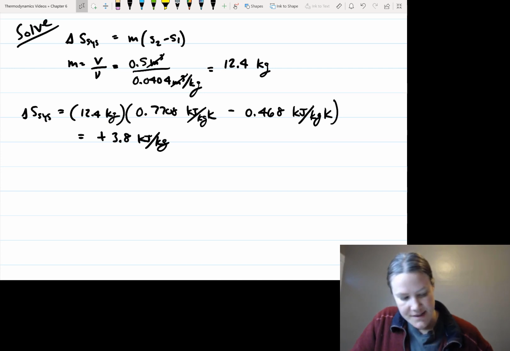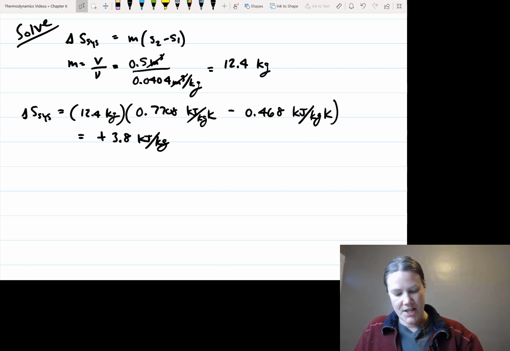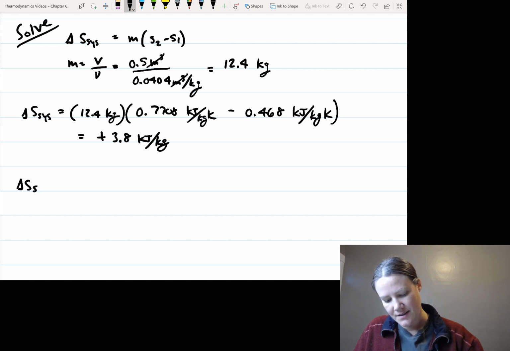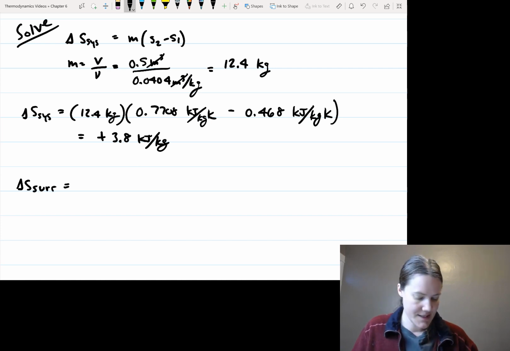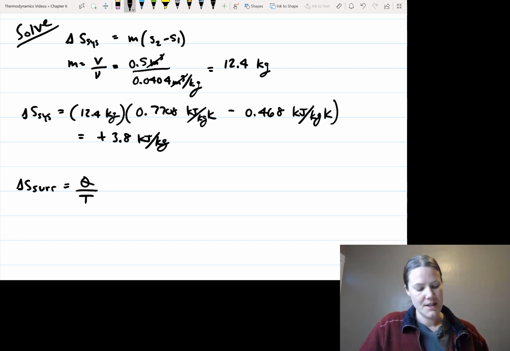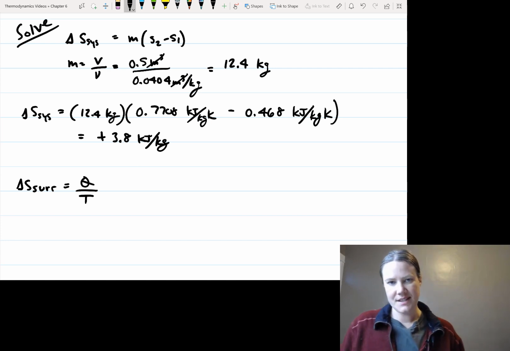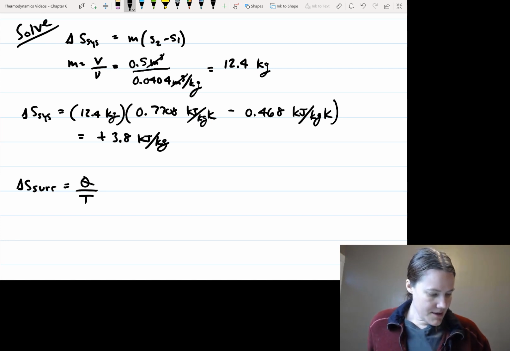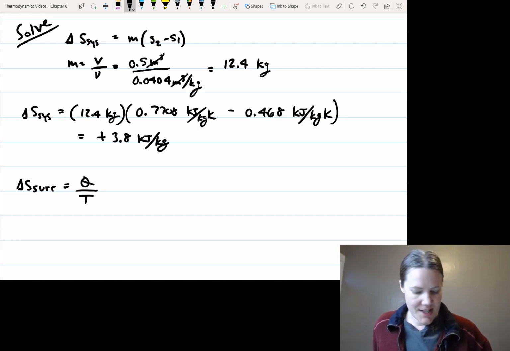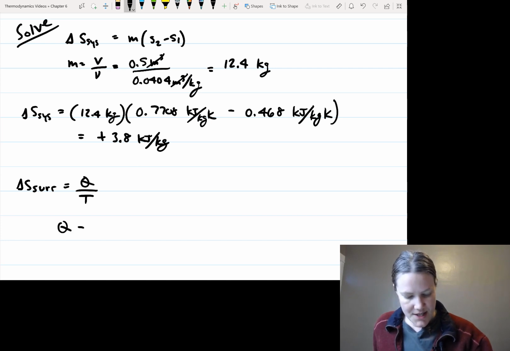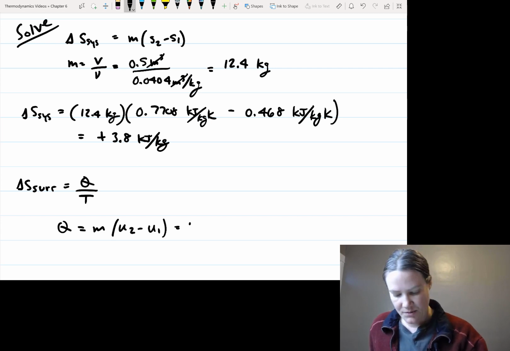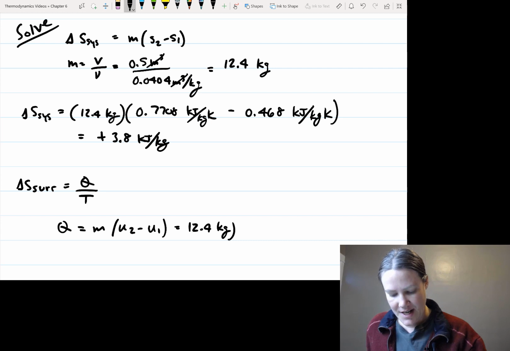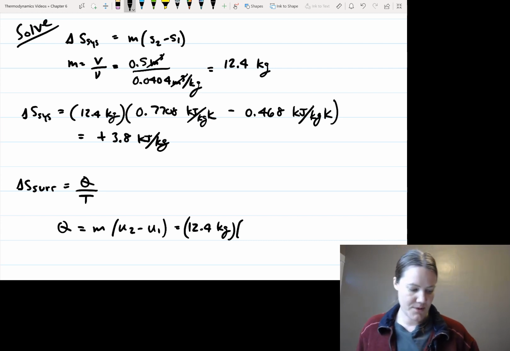All right, now let's do the change in entropy for the surroundings. The change in entropy for the surroundings is equal to Q over T. Remember, we're using this equation because we assumed that our source is isothermal. In other words, it's not changing temperature. We needed to calculate Q. We got Q from the first law energy balance, so U2 minus U1 is equal to 12.4 kilograms times